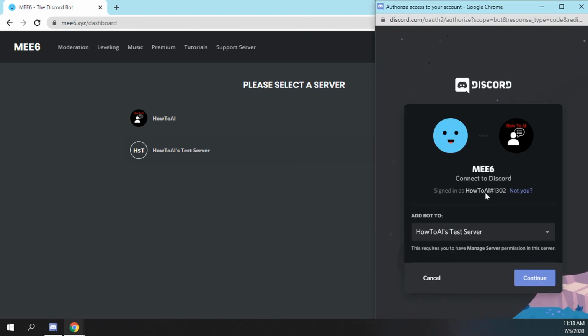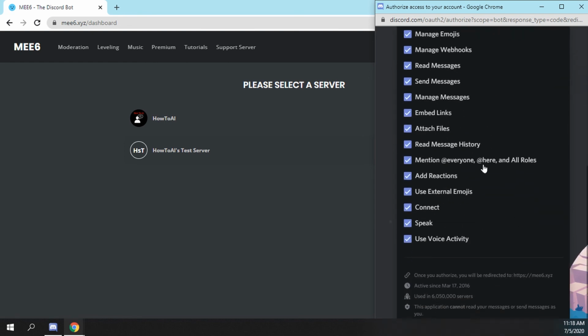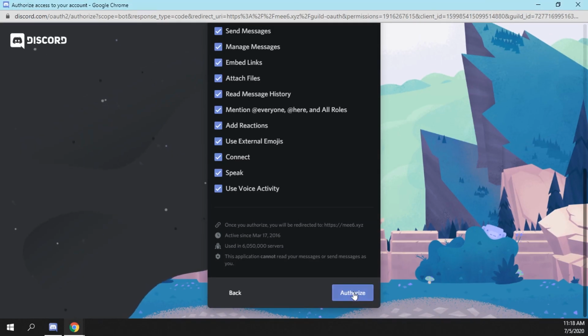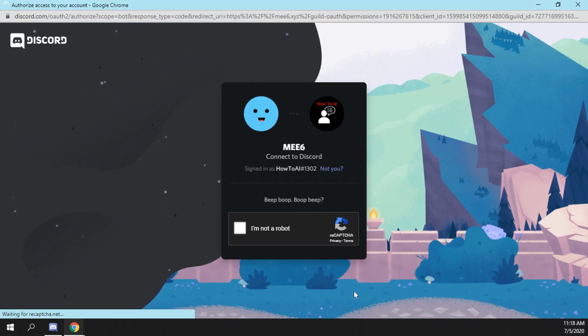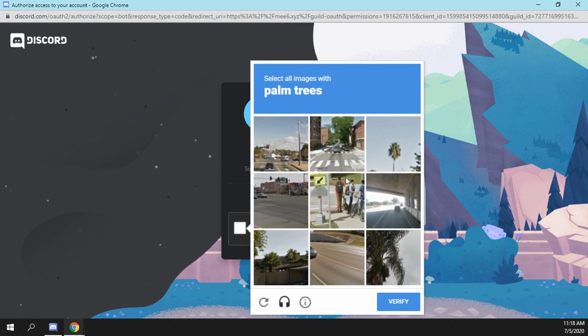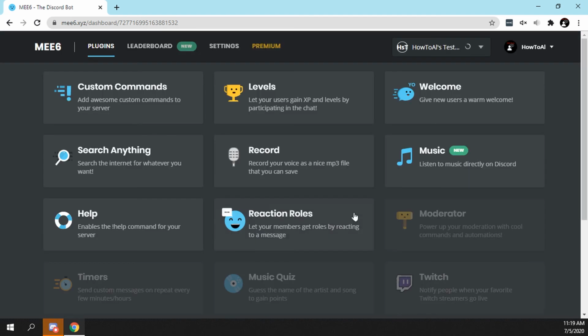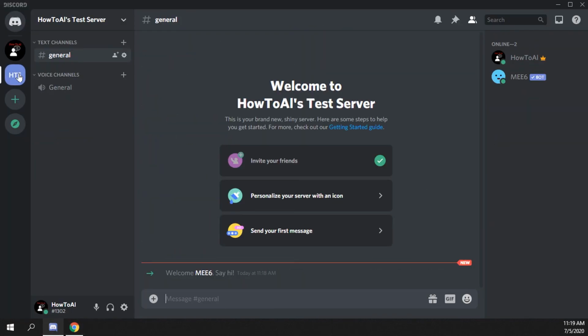Okay, and then it'll pop up with another window ensuring that that's where you want to put it. Go ahead and hit continue. Verify it can do all these things. I'm okay with it doing that just because it is my test server. I'll go ahead and select on the make it bigger here so you can see it. There's an authorize button. Go ahead and select on that, and they'll verify that you are not a robot. So I'm going to go through the CAPTCHA here, click on all the palm trees, give it a sec here, and there we go. So now if we go back to our Discord and go over to howtoal's test server that I have here,